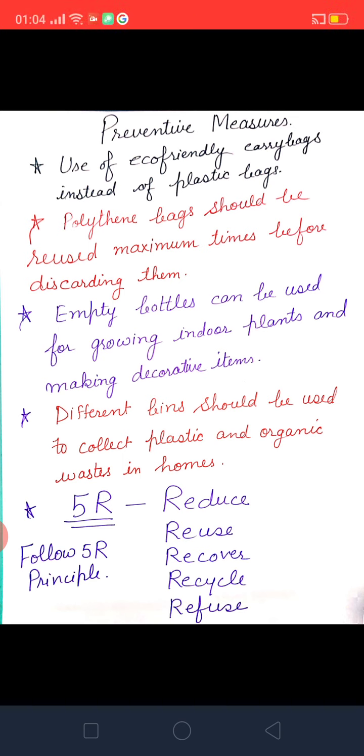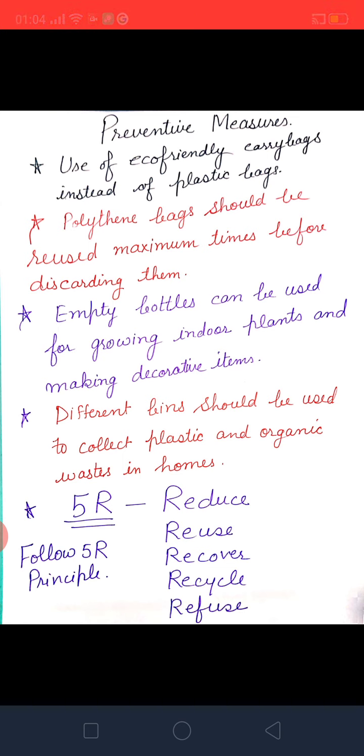Then how can we dispose of it? We should use two types of dustbin. In our houses, and outside the houses, you have seen there are two types of dustbin. One is green and the other is blue. The green dustbin is used to dispose of green waste, wet waste. And if we have to dispose of dry waste, then we should use the blue dustbin.